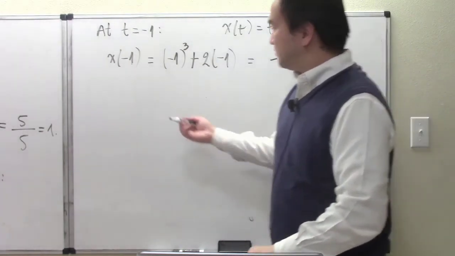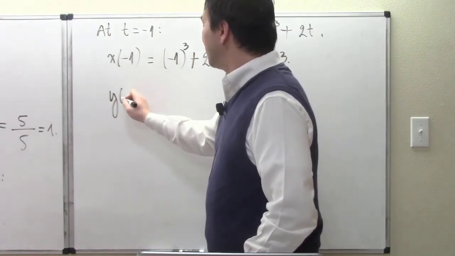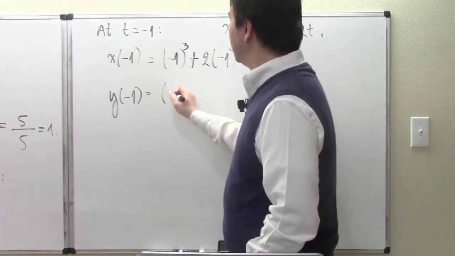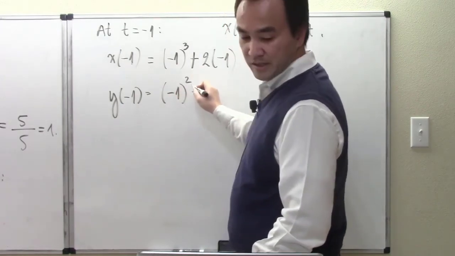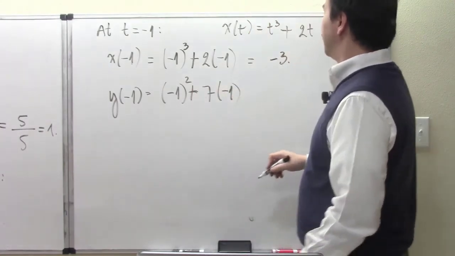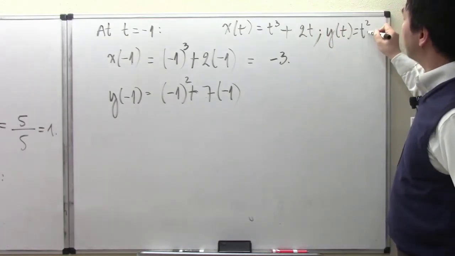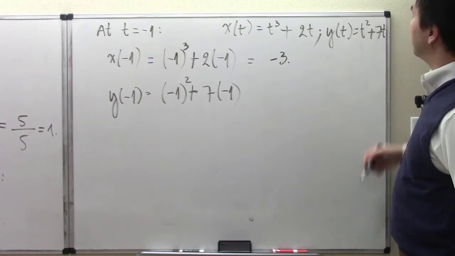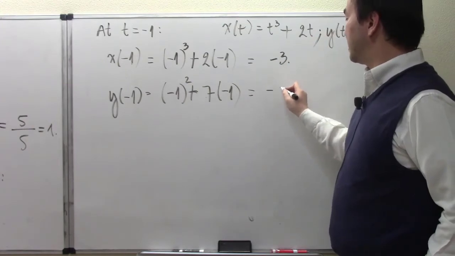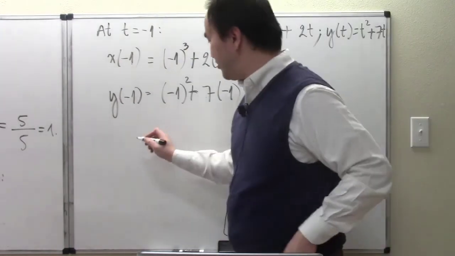Okay, and so the y value is going to come out being y at -1. And so my parametric equation here is t squared, so (-1) squared plus 7 times t, which is now substituted by -1. Okay, because again, recall for yourself, y of t equals t squared plus 7t. Okay, and so all that work here equals -6. And so that means our tangent point is at,